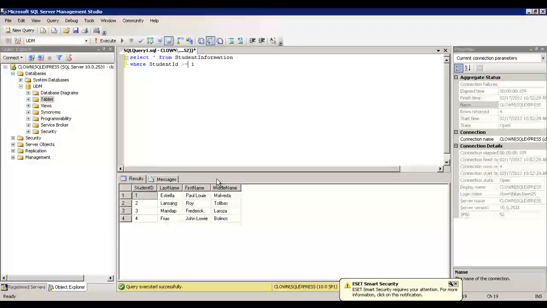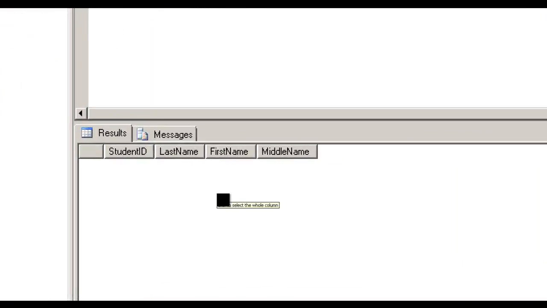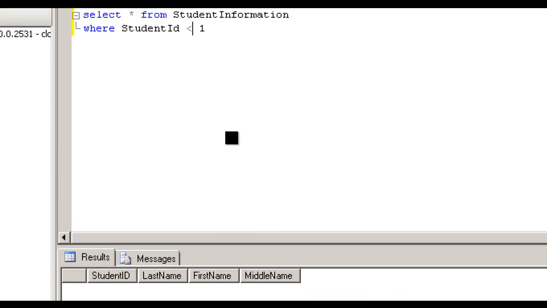So let's try the less than here. Let's press the execute button and there you go. There is no result because there is no value such as 0 in the student ID, because we set the student ID to start at number 1.